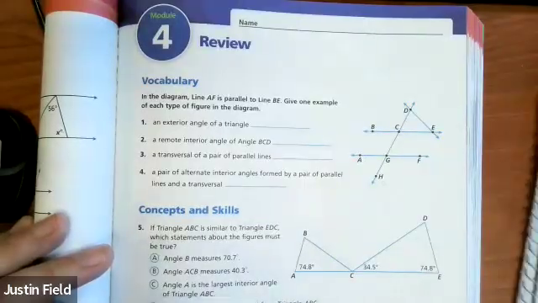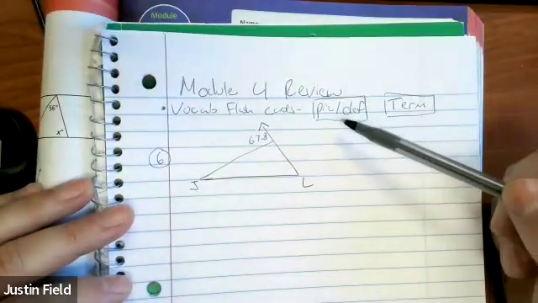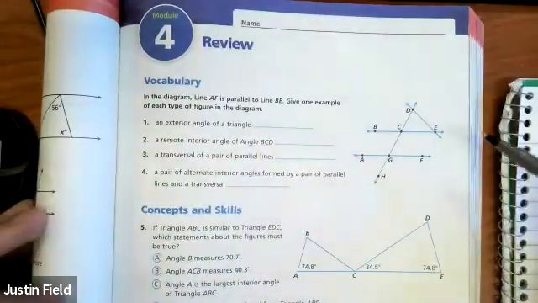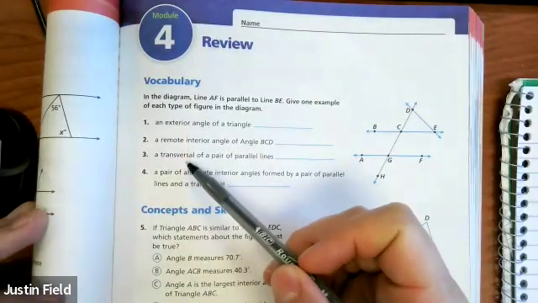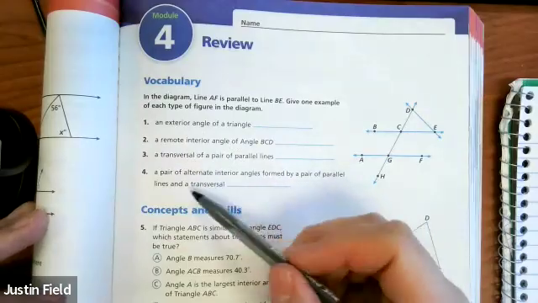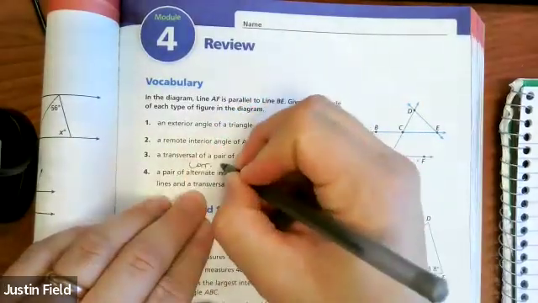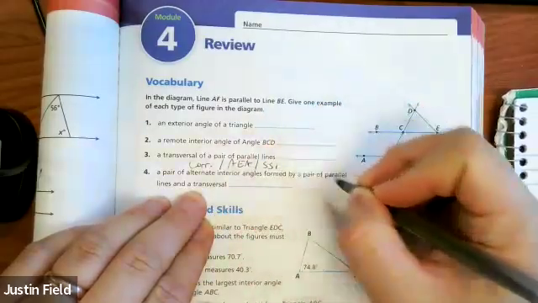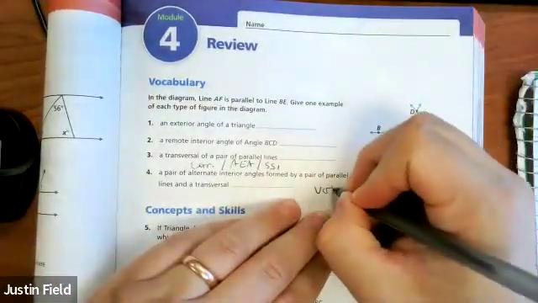Okay. The first thing you need to do for module 4 is flashcards. We have a lot of vocabulary, and so the tried and true method that's been done for hundreds of years are flashcards. So we have exterior angles, remote interior angles, transversals, and alternate interior angles. We should add to this corresponding angles, alternate exterior angles, same side interior angles, right? We should also add that we talked about vertical angles